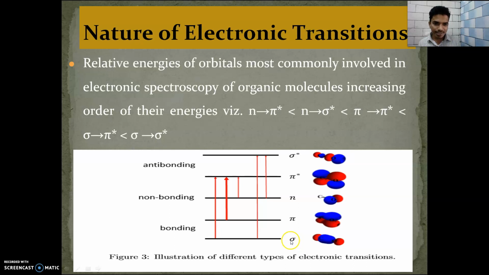So this is the energy. If you consider the non-bonding n, it is the starting energy; it is first converted into the higher energy pi to pi star. Then n to